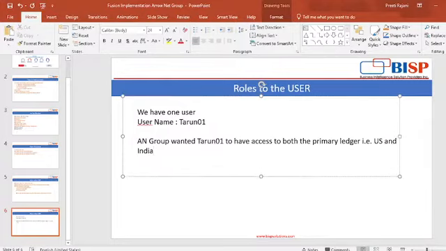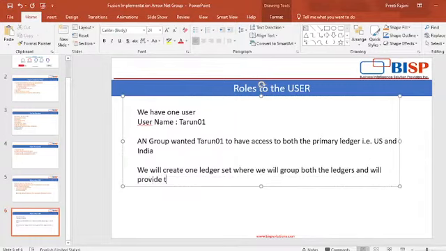So in this case we will create one ledger set where we will group both the ledgers and provide the data access for the same. So let's move back to our application and there we will see how to create the ledger set and how we will group both the ledgers into one ledger set.